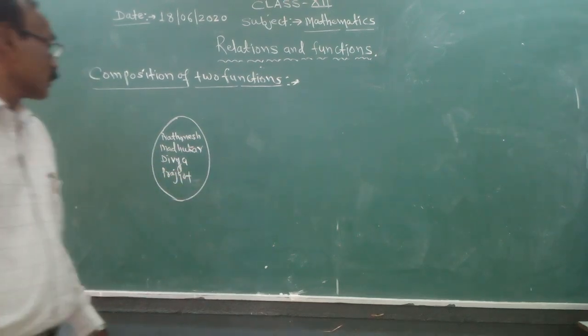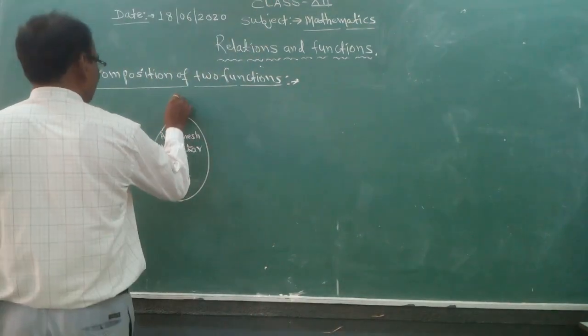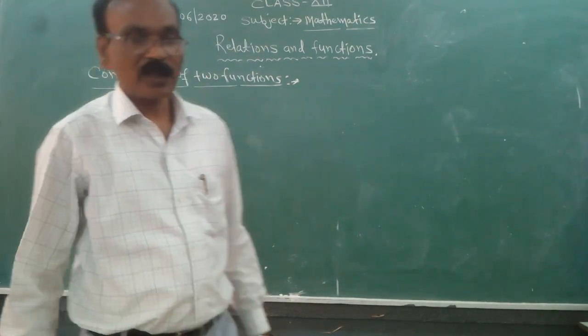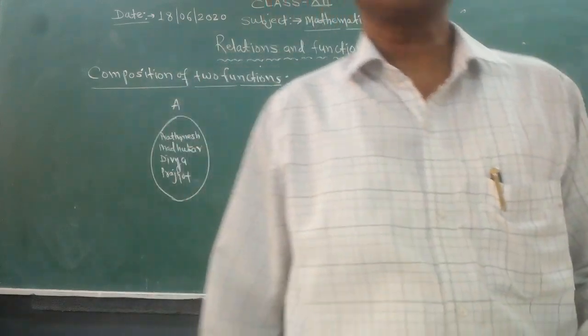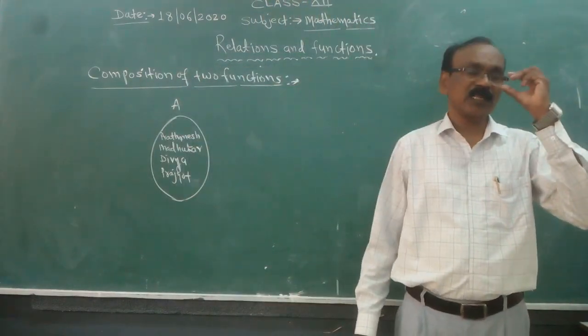So 4 students are there in set A, and when they appear for the examination, the board assigns roll numbers